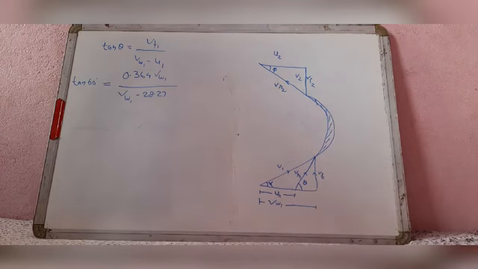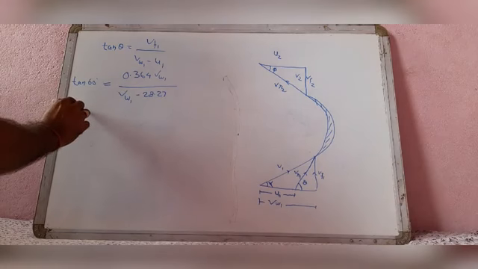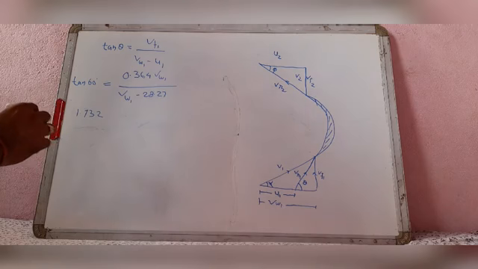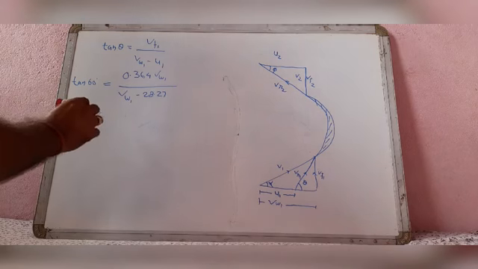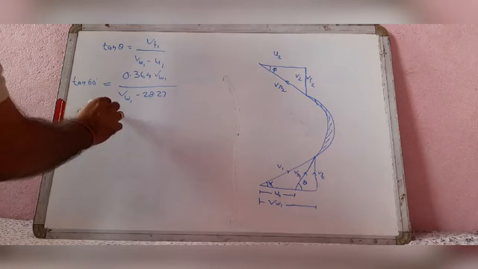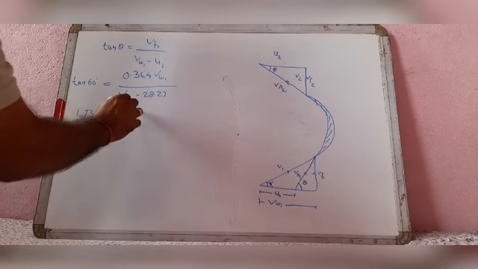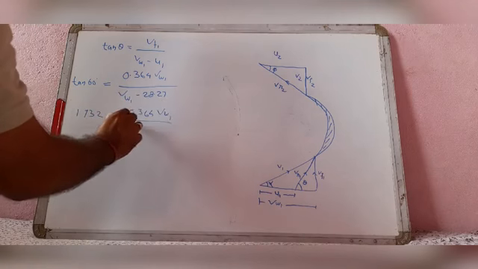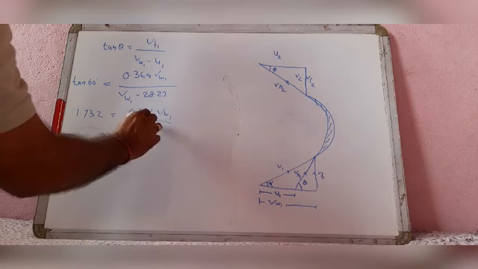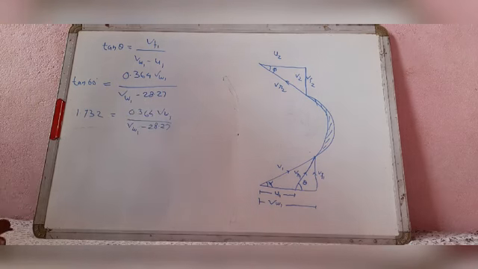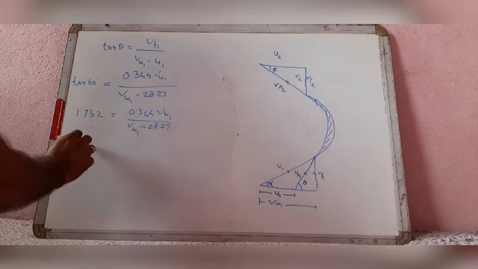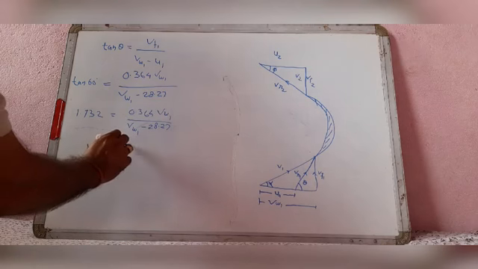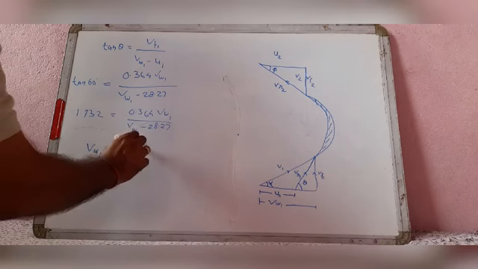So the value of tan 60 is 1.732 equal to 0.364 Vw1 by Vw1 minus 28.27. Here we can calculate the value of Vw1 equal to 35.79